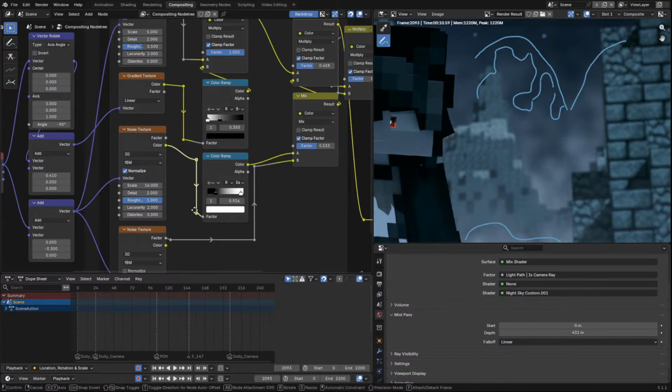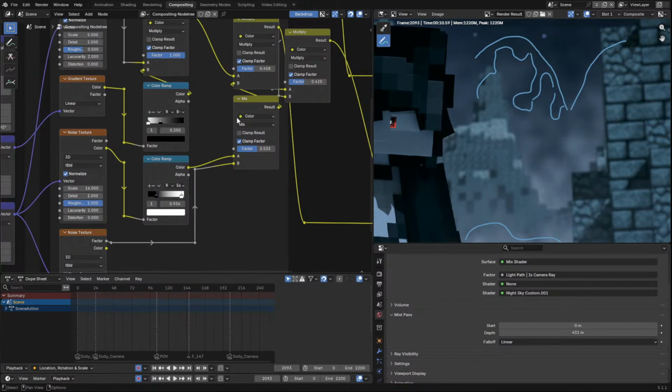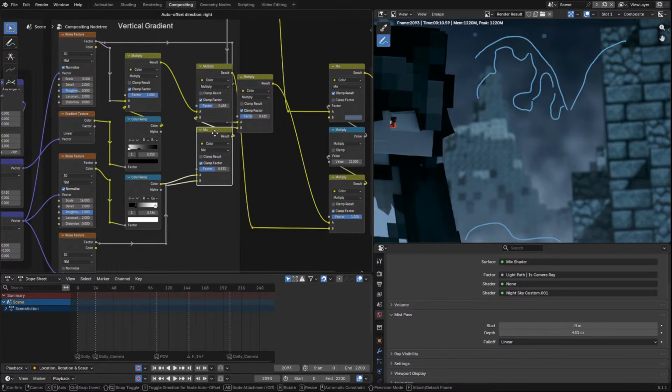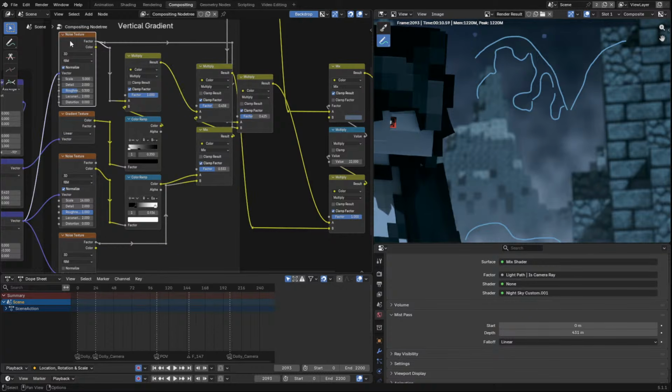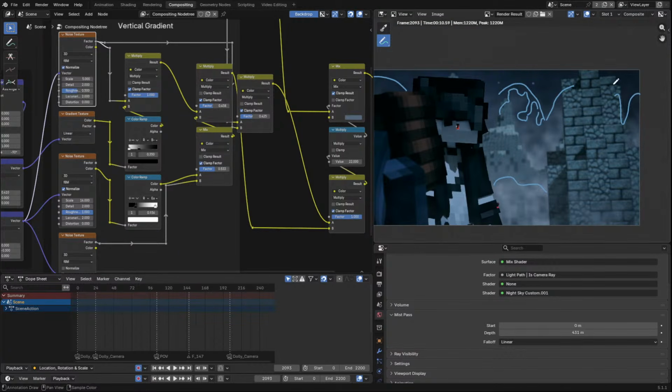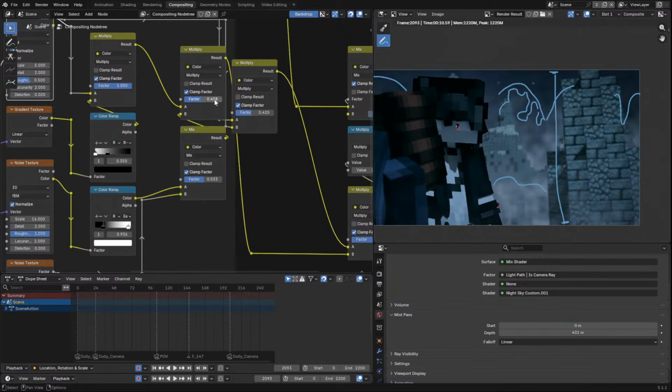And then we plug this into a mix node so that we can mix the two textures together. This will give me that rough edge that I'm looking for. After we do that, we multiply this with our first noise texture so that we can cut out stuff, right? If we just mix it, it's going to blur together and then we won't have the falloff from top to bottom, right? And then you can change how much you want this to fall off by changing the factor